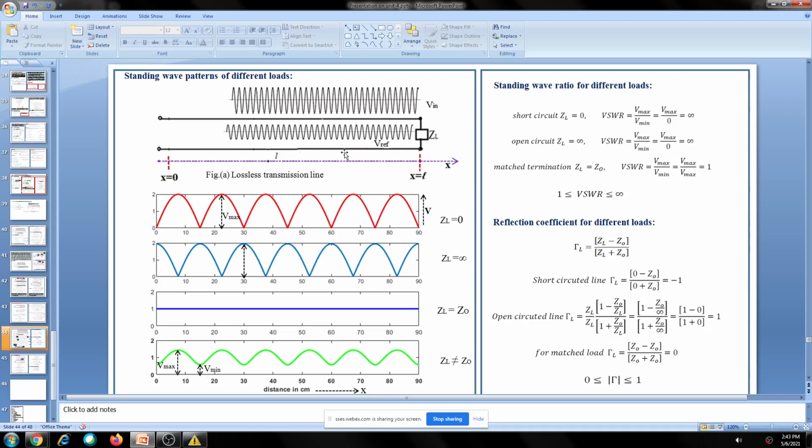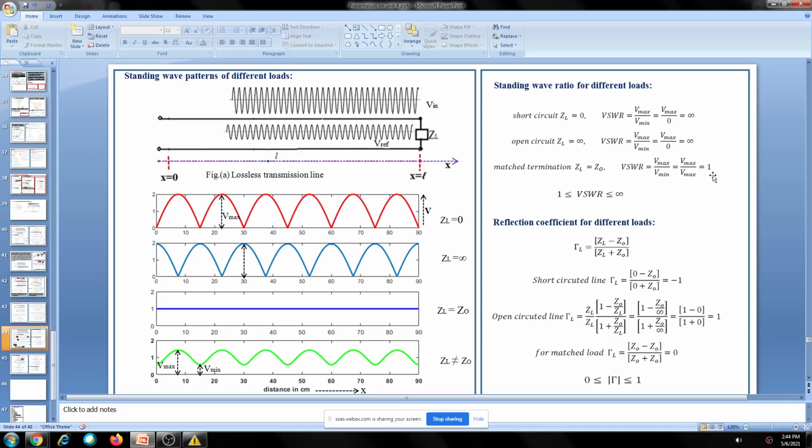You can see in our laboratory, VSWR meter is there. Okay, you measure the VSWR over the line. At any position you can measure, it is the same. Measure somewhere. If it is equal to 1, what do you come to know? ZL is matched with the characteristic impedance. If the VSWR meter shows a higher value, VSWR is high, that means this is not matched. ZL is not matched with the Z0.